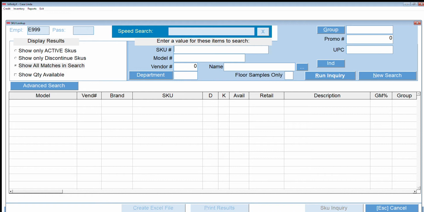Now, one nice thing about this screen is that you can pull this up all over Infinity X. You're going to see buttons that say SKU Inquiry in the credit system, in the service system, really all over the place where you've got a chance to go in and look at the SKU, because a lot of times you can know the status of SKUs if you're doing other things in the company. So you can go and search for SKUs, but this first example I'm going to show you, I know the SKU,